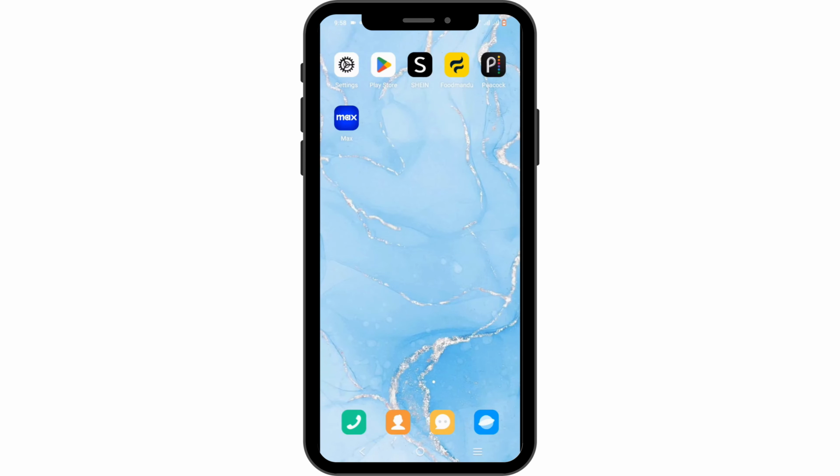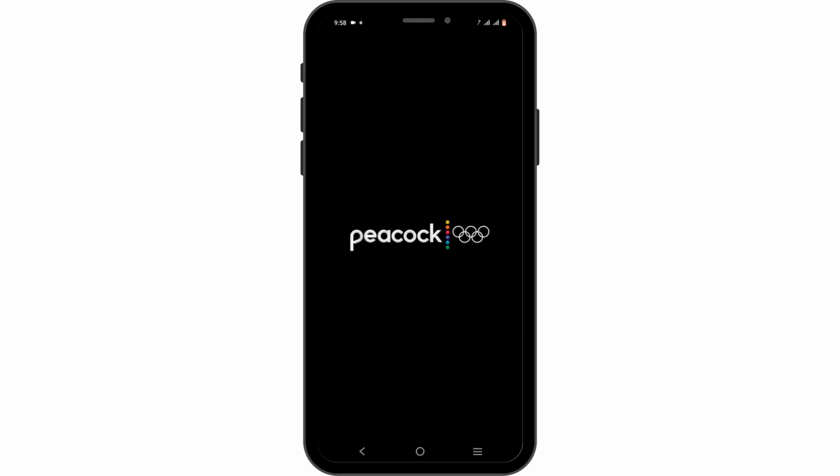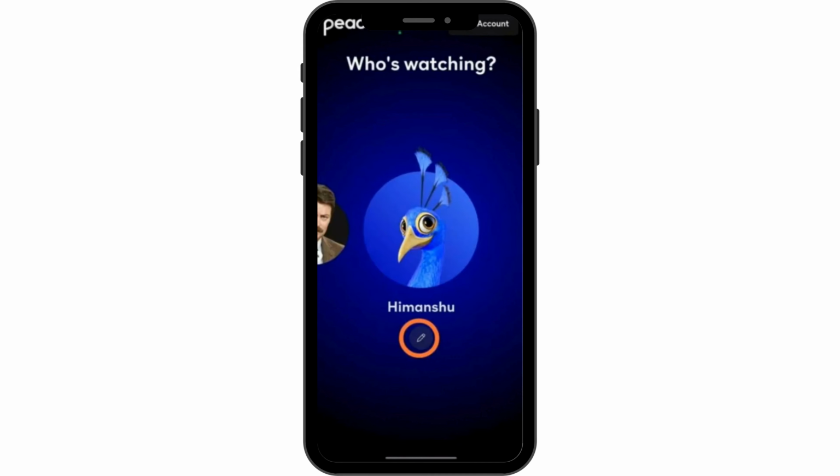For this, you can tap open your Peacock TV application if you have it installed on your device. If not, just launch Peacock in a website. Now, to start off, you can choose a profile with which you will create your very own Peacock TV account. You can also create one for your kids, where you'll be able to control the content that is viewable in